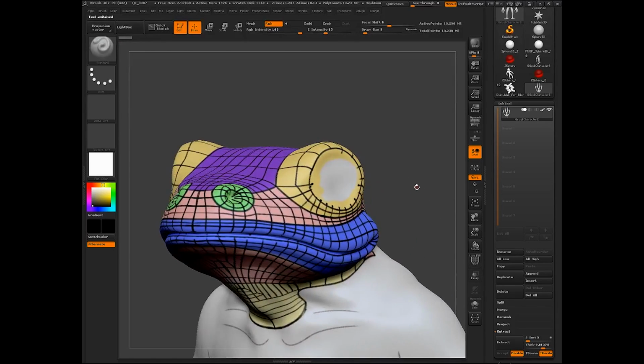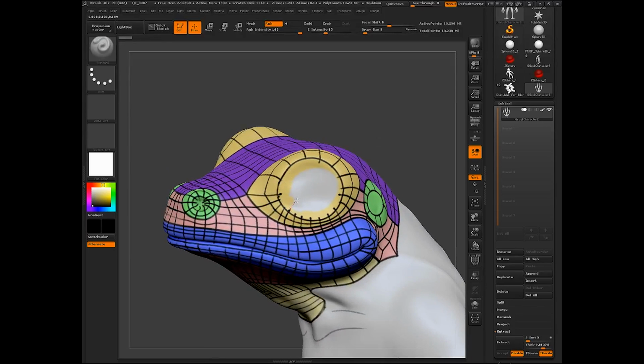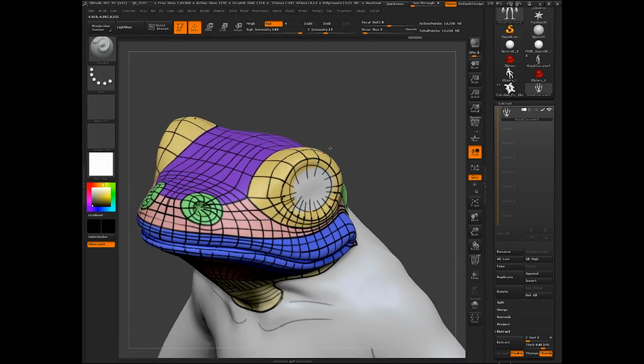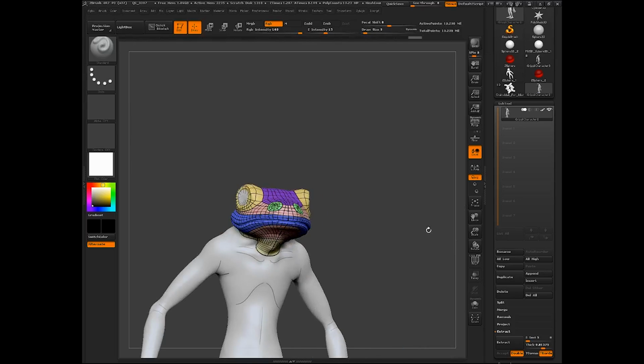Alright, so we could go in and do a little more work in here to try and bring everything together. This is going to be hidden by the eyeball, so you don't really have to spend a lot of time making this perfect. Probably could go ahead and deal with this once I'm retopologizing, but I'll just kind of lay out one more set of edge loops in there. Okay, and then in here we'll deal with that in the retopology.